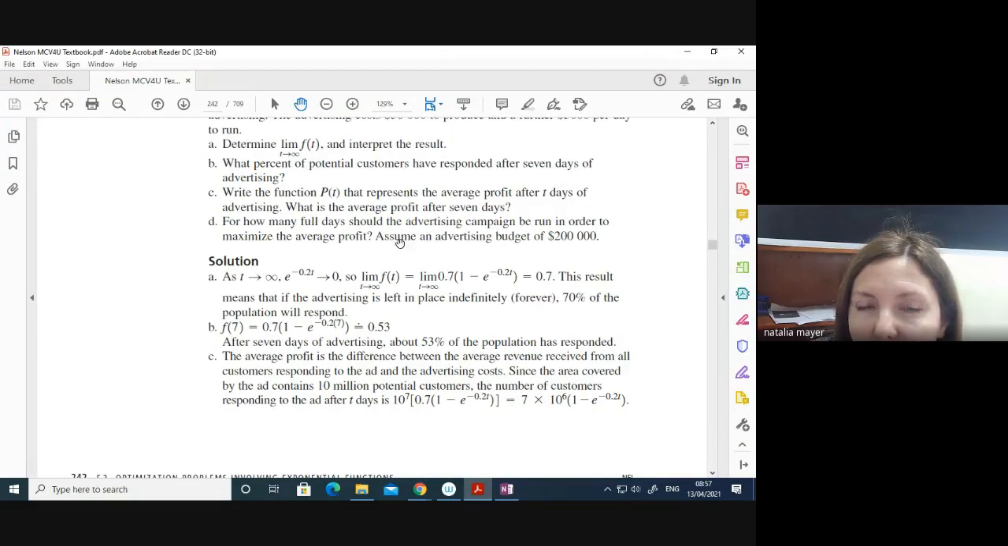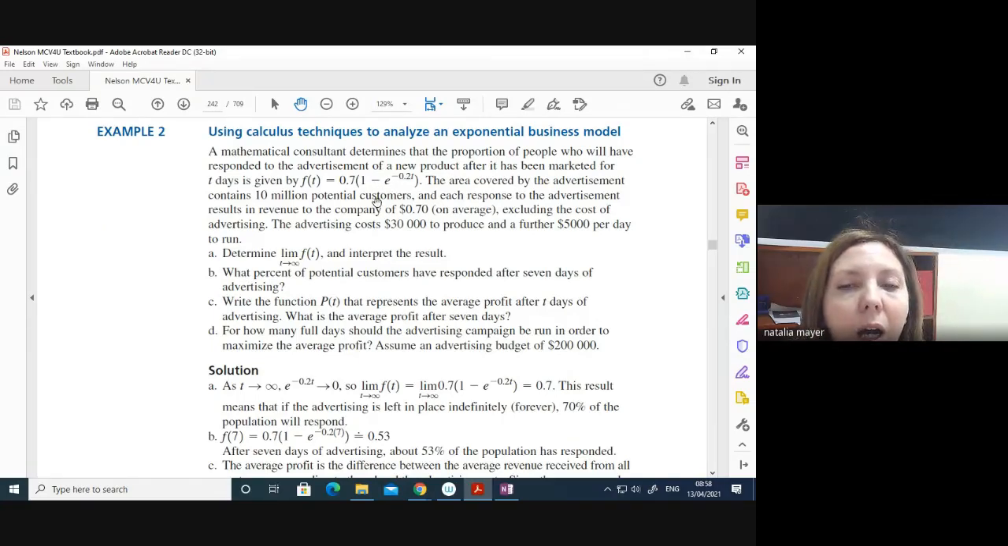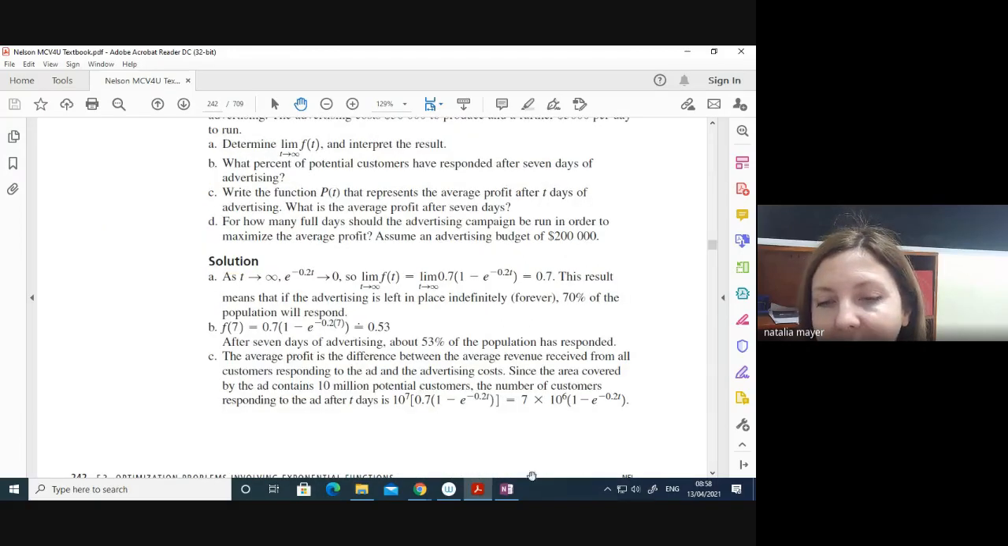This function, f of t, represents the proportion of those who will respond. 10 million are living there. To get the quantity of those who will have responded, you need to multiply them. And 10^7 is another way to write 10 million. All right, so when I multiply 10 to the power of 7 by the function,